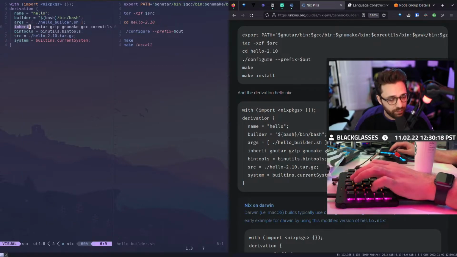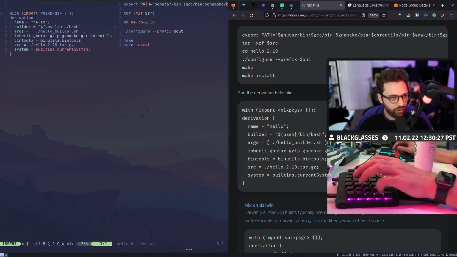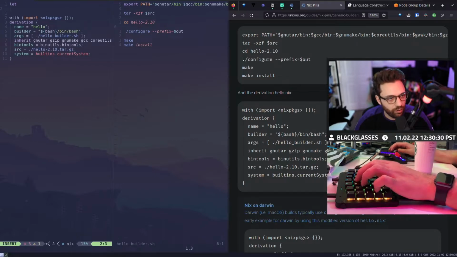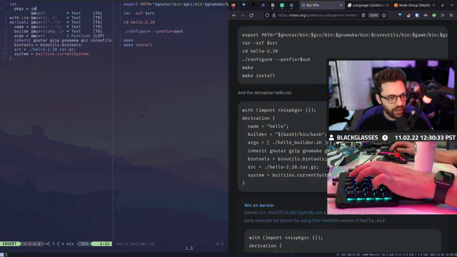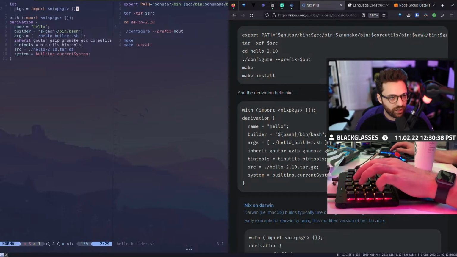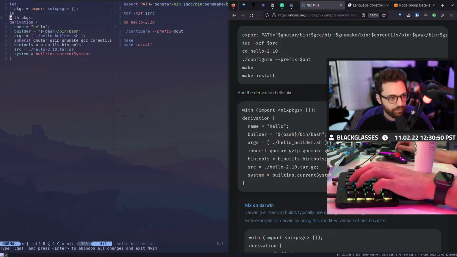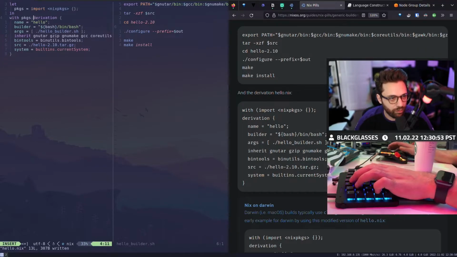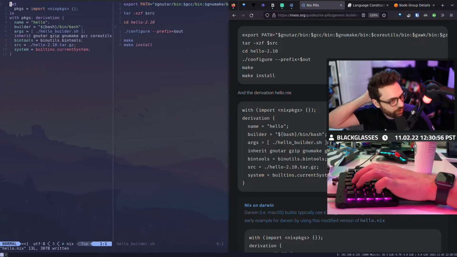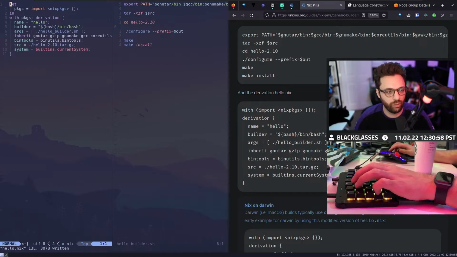We do an inherit, and the TLDR is there's a little bit of magic we're doing here that we're not really talking about. It's more around the lines of this, where we're not actually showing you how we're using some of these variables. So I'm just going to do this so that it helps you guys. What I'm going to do is say with packages. I think that's fine. Then I'm going to break down a bit more what we've got here and how all of this is working in a more easily usable, readable way.